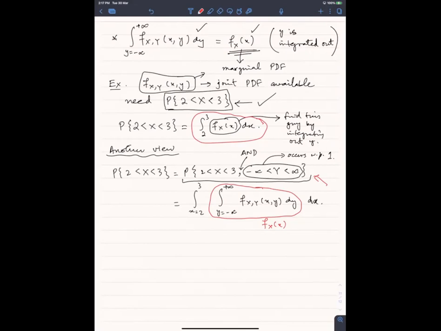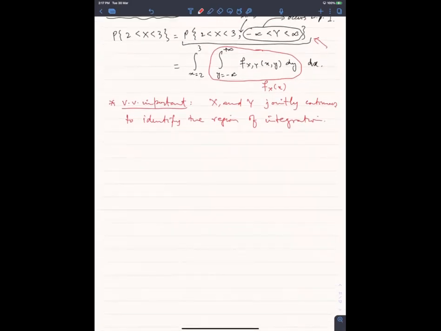Now, what is very, very important is whenever you are dealing with x and y jointly continuous, okay, very, very important to identify the region of integration, ठीक है? ये हमने लास्ट टाइम एक एग्जांपल भी की थी और उसमें हमने रीजन ऑफ इंटीग्रेशन को आइडेंटिफाई किया था. What do we mean by that? What we mean by that is